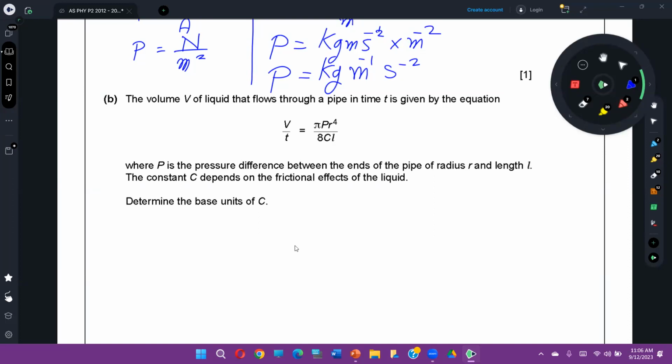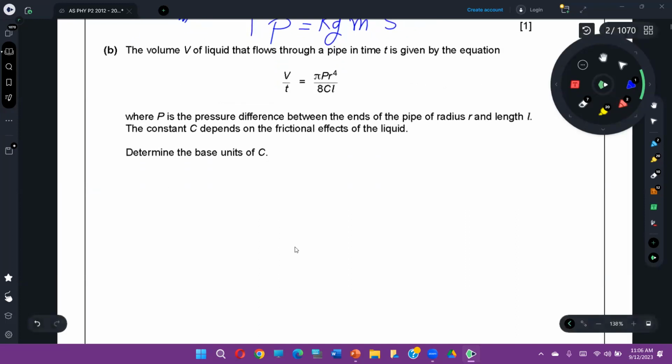If you want to find the base units of C, what should be the first step? Should I make C the subject? So work with me, you have to write V upon T is equal to